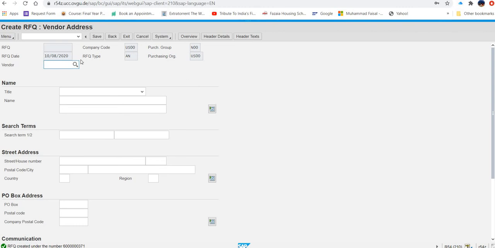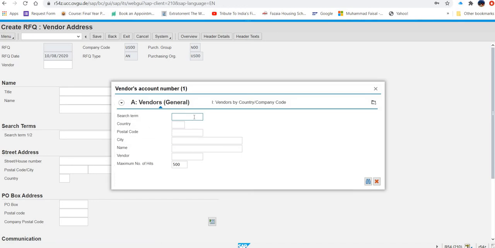So how are you going to search? Again here in the vendor. So search term, put your search term 500. Put country US and vendor name is, I think, there.